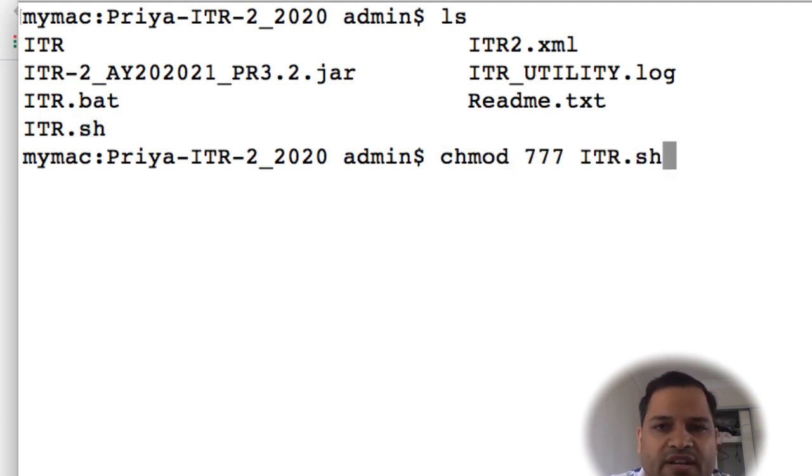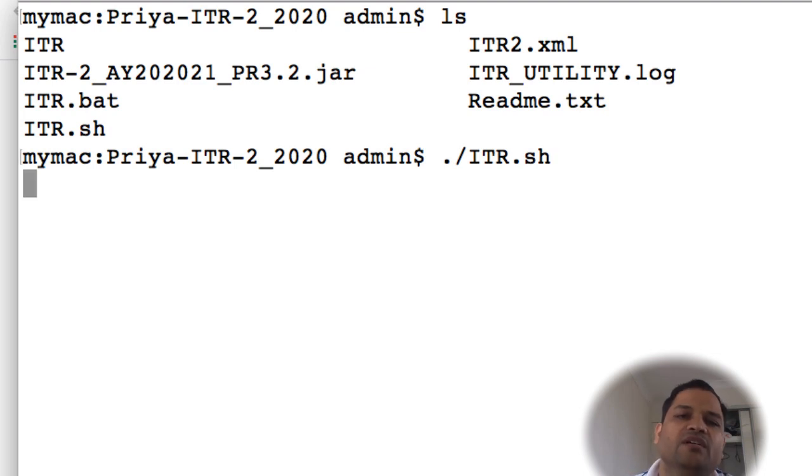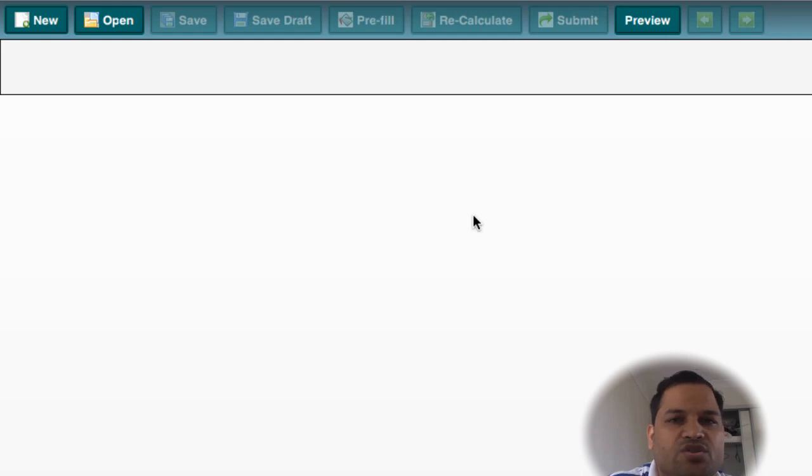If you are on Windows, Linux or a Mac, this is how you modify the permission of ITR.sh. You are making this file executable, and then the next command you need to execute is ITR.sh. When you execute ITR.sh, it launches this jar file. This is the Java application that will be launched.